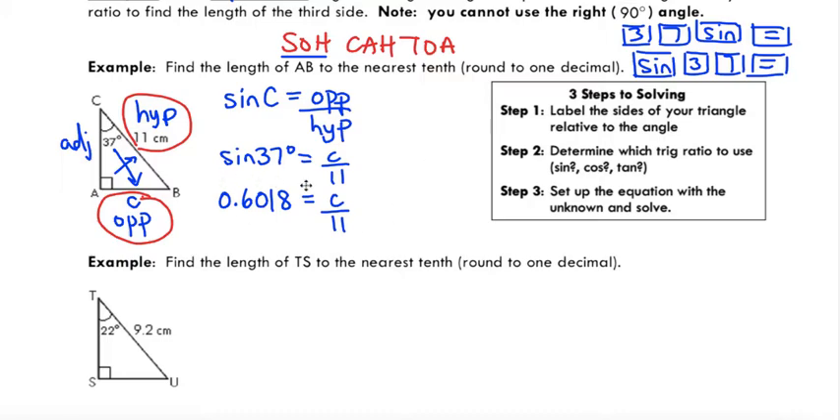And now it becomes a solving equation question, which we've looked at in some previous units. So what we need to do is we need to isolate for our letter c. And we do that by doing the opposite of dividing by 11, which is multiplying by 11. So I want to multiply both sides of my equation by 11. So 11 times 0.6018 is equal to